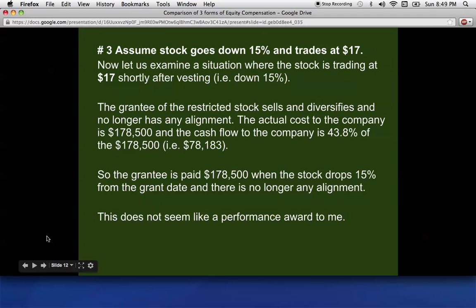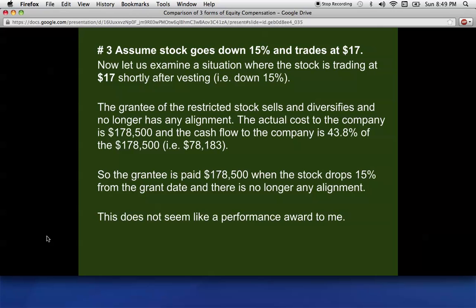So now we'll make the assumption that the stock goes down 15% and trades at 17 at vesting, down 3 points from 20. Now let's examine the situation where the stock is trading at 17 shortly after vesting. The grantee of the restricted stock sells and diversifies and no longer has any alignment. The actual cost to the company is $178,500